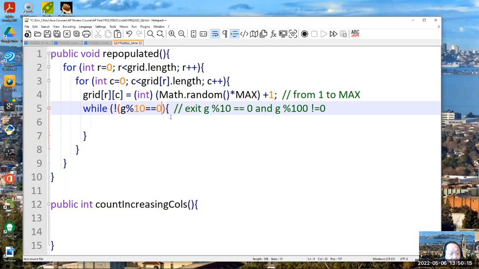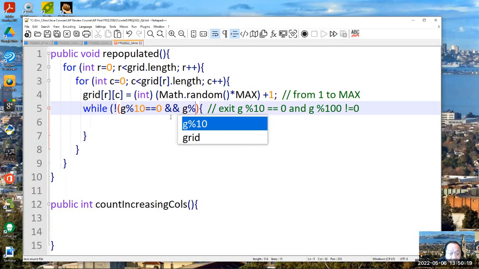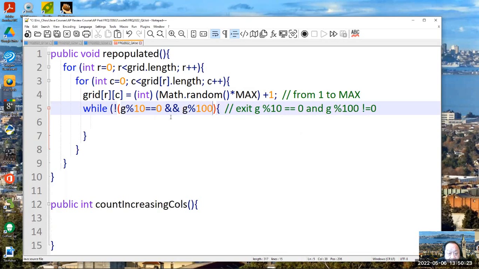Okay, here, G 10 modular by 100 not equals 0. Okay, so this one is the exit condition. So the exit condition is not this. And we take the number which is a multiple of 10 and not a multiple of 100. Okay, so if